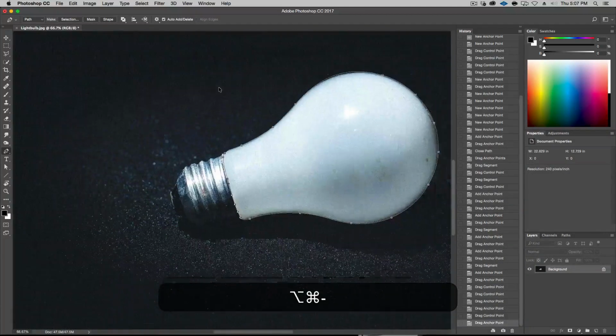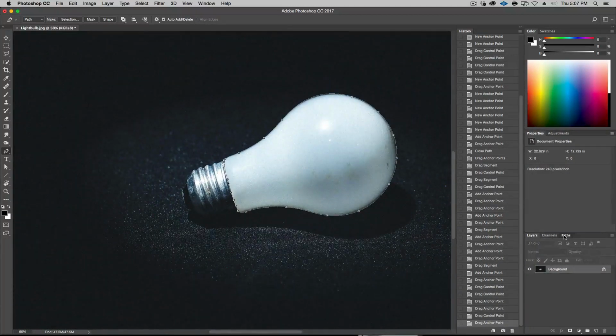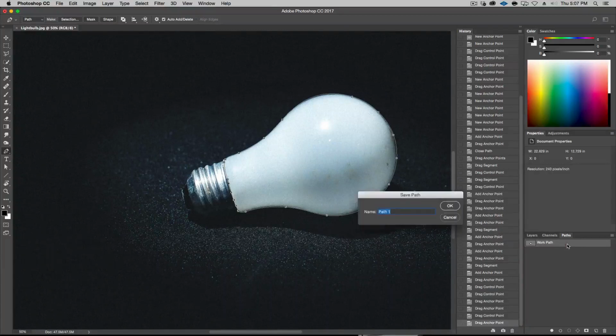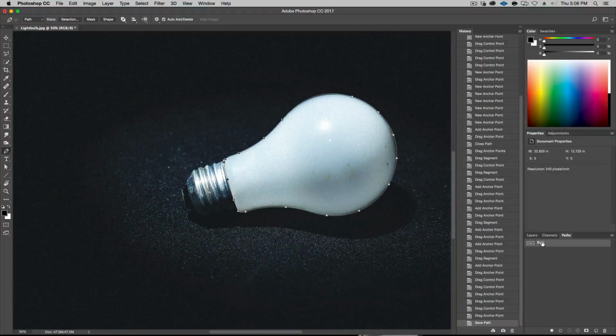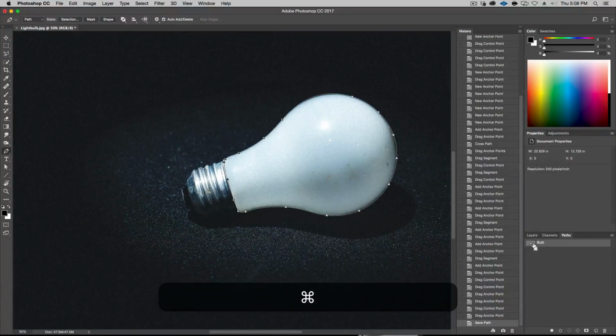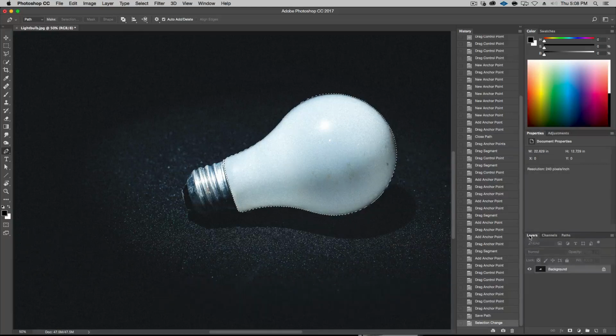All right, once that's done, you see in here paths, it created a work path. Double click it, call it bulb, okay? It created a vector path, all right? So what we're gonna do now is command click this, it made a selection, and we actually want to make a copy of this part of the bulb.